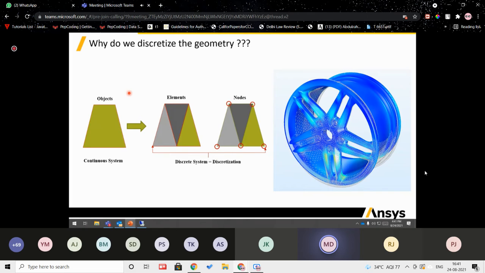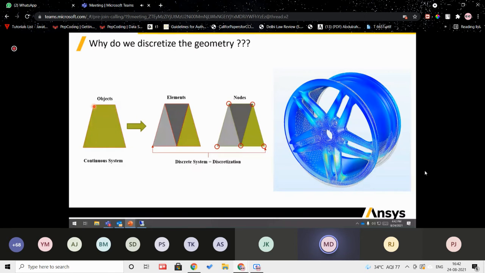So the idea of discretization here is, let's suppose you have this object, and the shape is unknown to you, so you don't know the various relations, like your area or volume. You are not aware of those relations directly to integrate those parameters. So how will you define and extract the result? Then comes the phenomenon of discretization. Let's suppose this geometry is there, you will discretize it with known shapes.